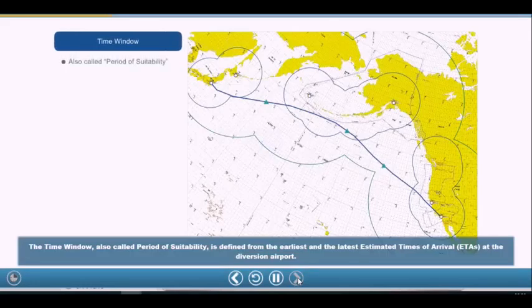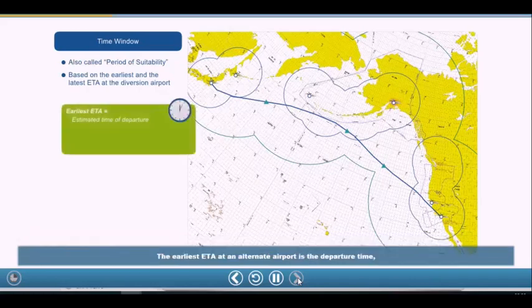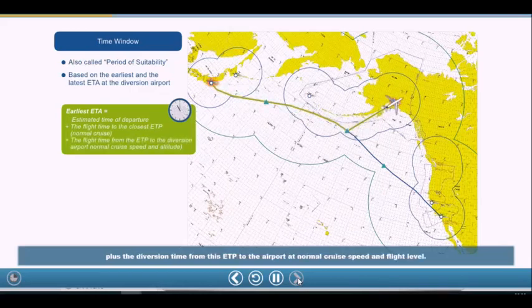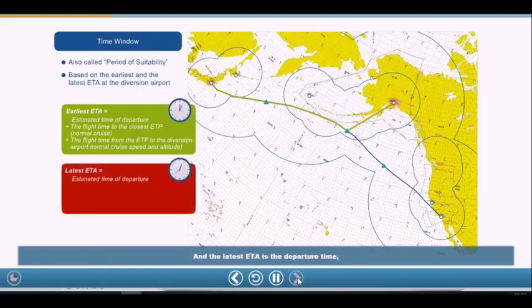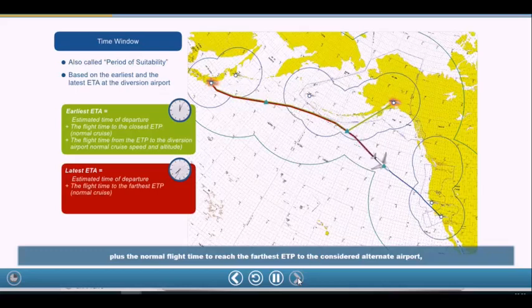The time window, also called period of suitability, is defined from the earliest and the latest estimated times of arrival, ETAs, at the diversion airport. The earliest ETA at an alternate airport is the departure time, plus the normal flight time to reach the first ETP to the considered alternate airport, plus the diversion time from this ETP to the airport at normal cruise speed and flight level. And the latest ETA is the departure time, plus the normal flight time to reach the farthest ETP to the considered alternate airport,